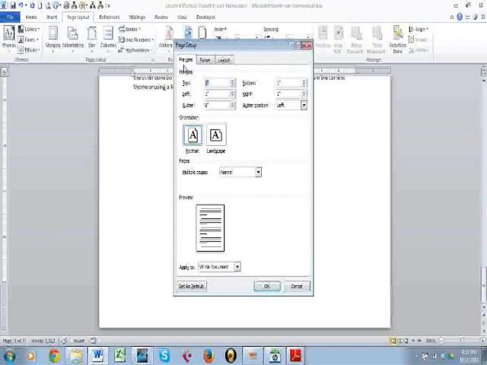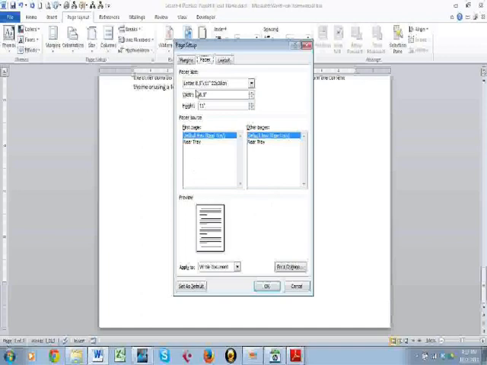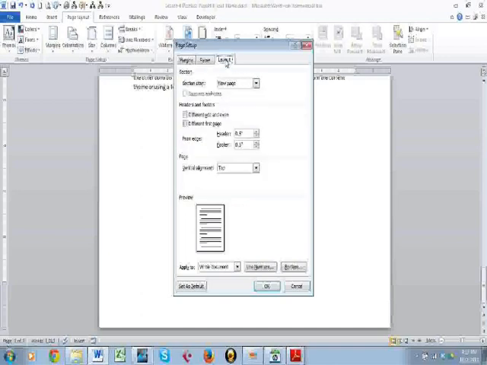On the Margins tab, you see the options for margins. On the Paper tab, you see options for setting different page sizes and things like that. And then on the Layout tab is where you find places to start a new section, to tell how to treat headers and footers, and then you see the page section, and that is vertical alignment. Let's change the vertical alignment to centered